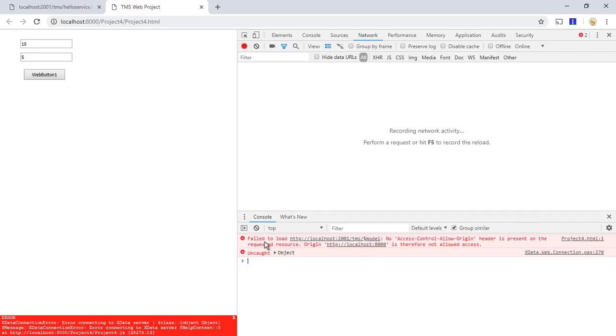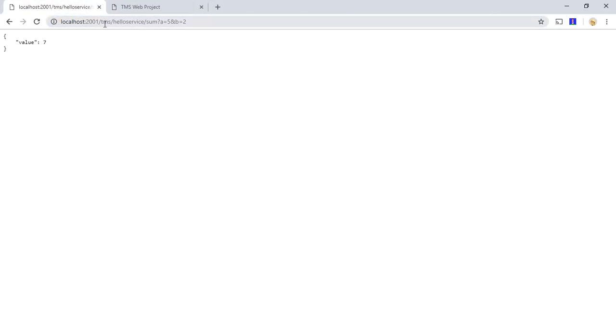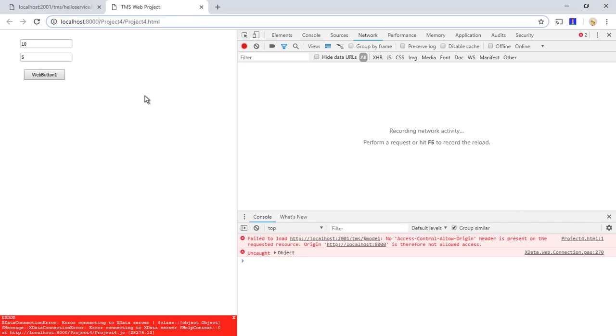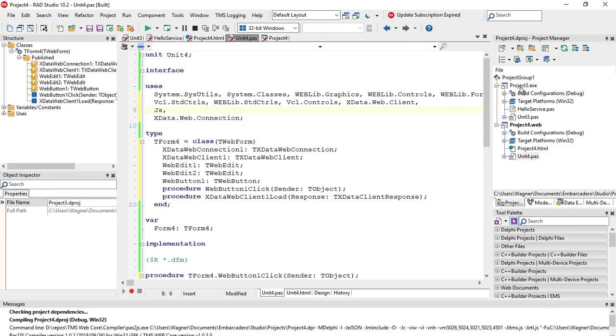This is CORS in action here, which means that my web application is running in the server localhost 8000, which is the default port for TMS Web Core, and my REST service is running in 2001. So for security, the browser blocks you from requesting data from a server whose domain is different from the one you are running your web application. So it's very easy to add CORS support in XData. Let me go back, close my server here, go back to the server,